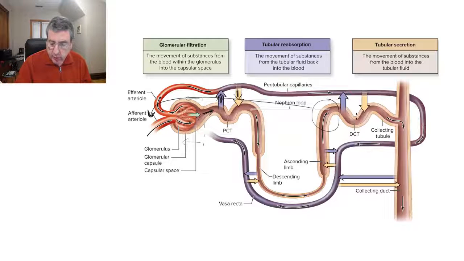Then we get into your distal convoluted tubule, and of course we still have reabsorption and secretion throughout this whole process. Collecting tubules in this region, and then the collecting duct is in here. Now remember, the collecting tubule and the duct are also responsive to antidiuretic hormone. So that's your general overview